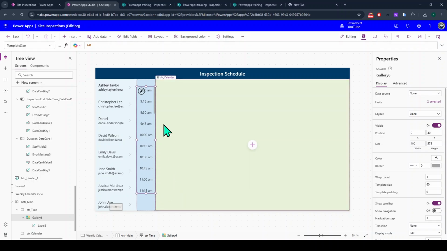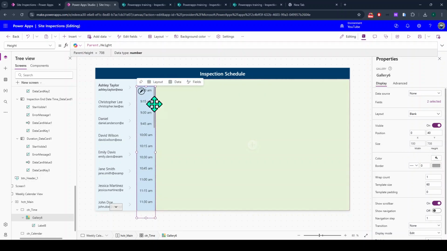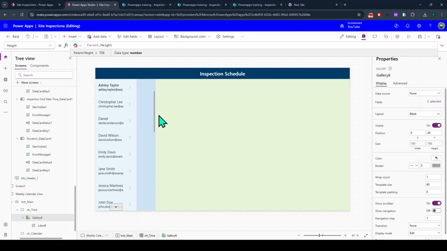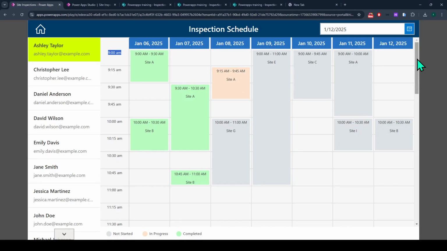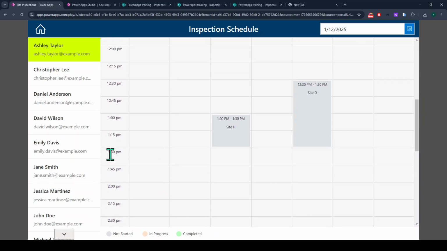Now we don't want this gallery to be scrollable. So what we need to do, just select the gallery, go to its height property and write parent.height. So it will take the complete height of that container. But here you can see the scroll bar is still appearing. What we want is only one scroll bar, and when we scroll on it, it will scroll this gallery as well as this calendar as well. So